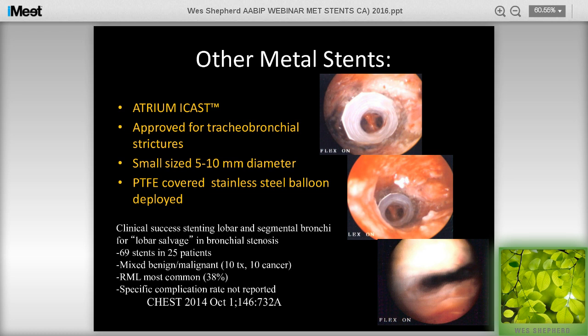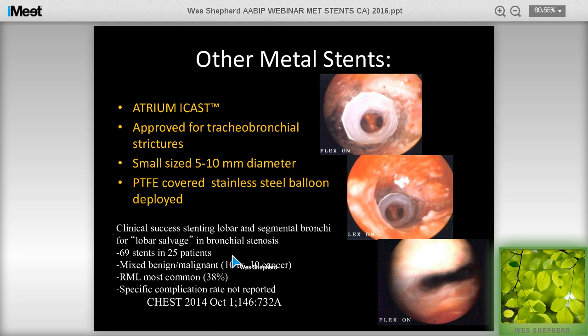This is the Atrium iCAST stent. This is a vascular stent that's been around for many, many years, but it's approved for tracheobronchial use because that pathway was an easier pathway for approval when these stents were made. They come in very small sizes, which are not suitable for the trachea or larger airways, but it's stainless steel covered in PTFE. And the Cleveland Clinic group presented their initial experience with this stent a couple years ago at